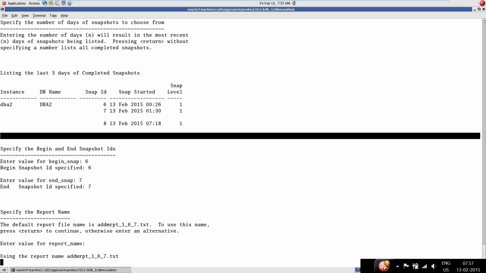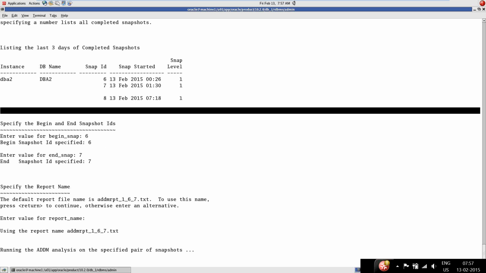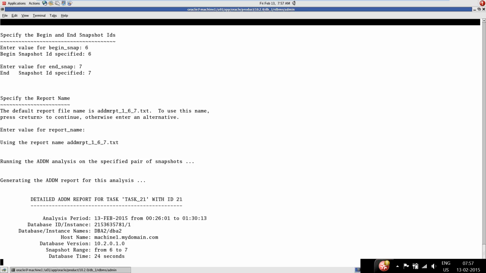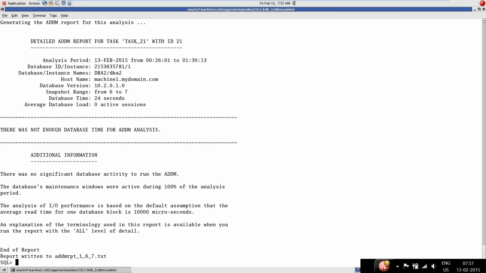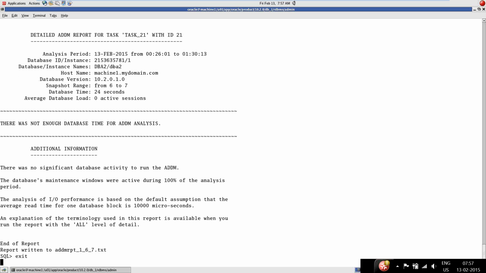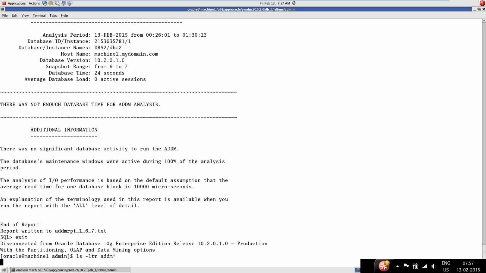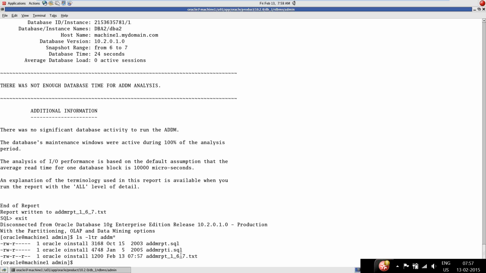Now the ADDM report is generated. Come out of the session. Now ls -ltr ADDM*. Okay, this is the report.